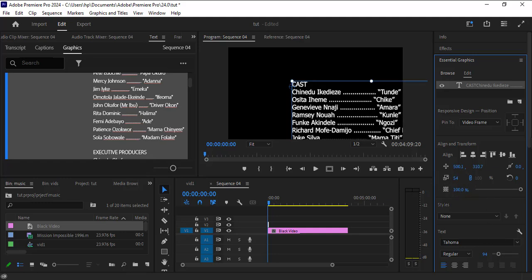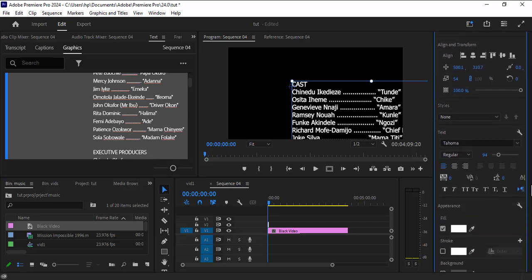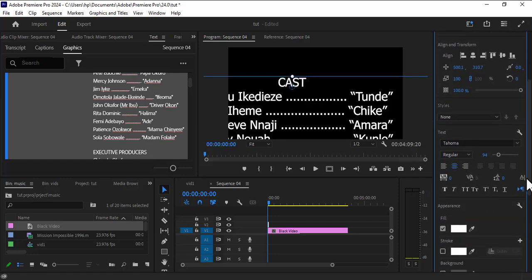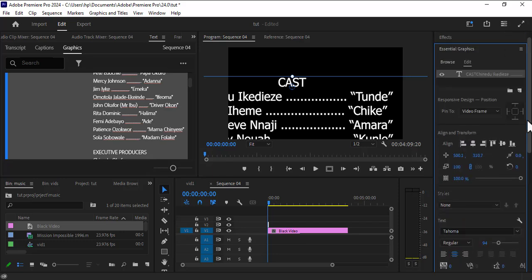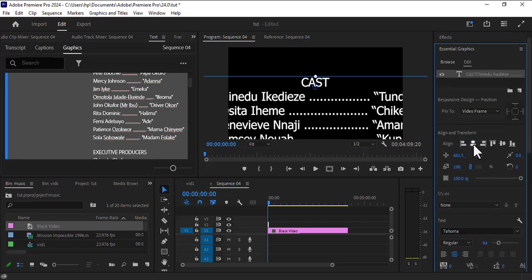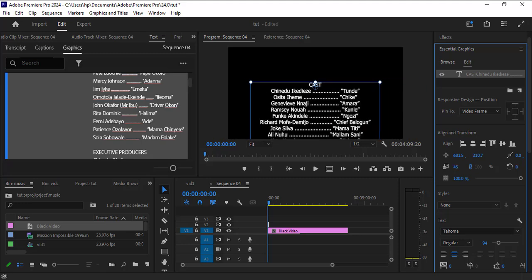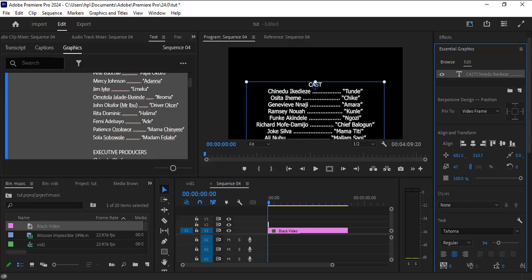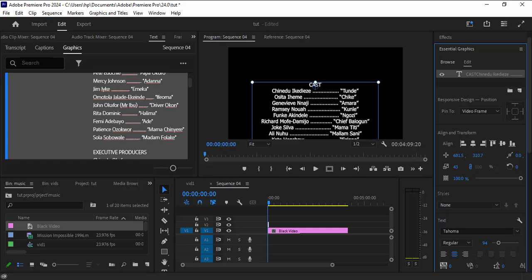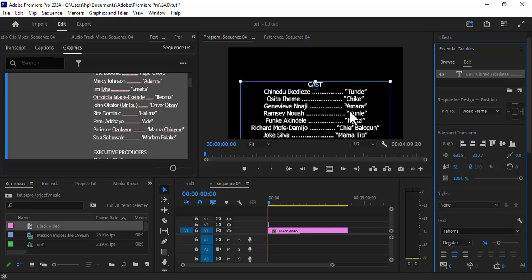Then I'm going to come down to the text layer and go back up and make it center. I still see that this is very high, so I'm going to reduce it to around 47 or thereabout, or let's make it 40. Yeah, so let's increase it a bit. Once we have that,